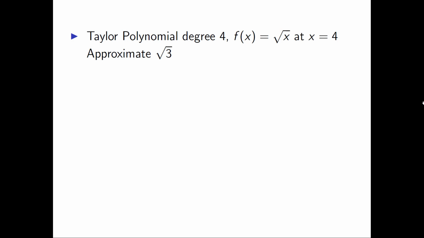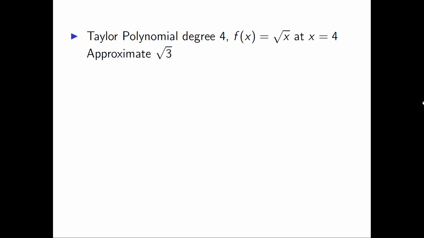Okay, and then our final example, we'll take one more example. We'll take a Taylor polynomial, this time of degree 4. Our function is going to be root x, and we're going to center this at x equals 4. Okay, and we're going to use this to approximate root 3. Okay, the point of these things is, finding a square root might not be trivial, but plugging a value into a polynomial is pretty trivial. And because 3 is pretty close to 4, we might be able to get a reasonable approximation for root 3